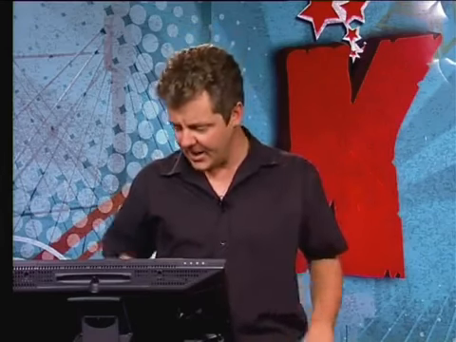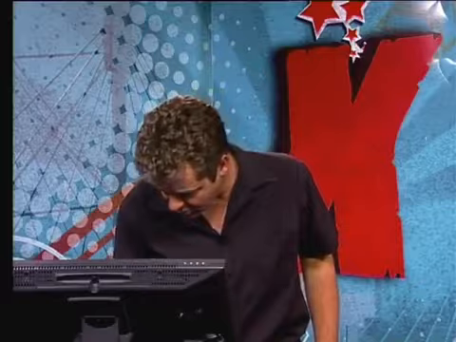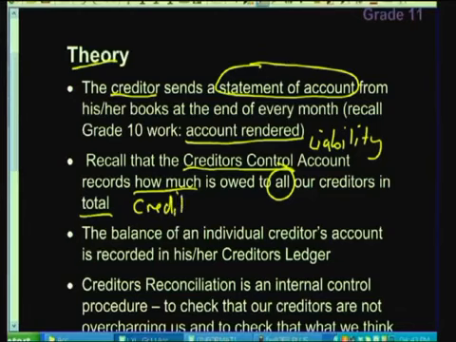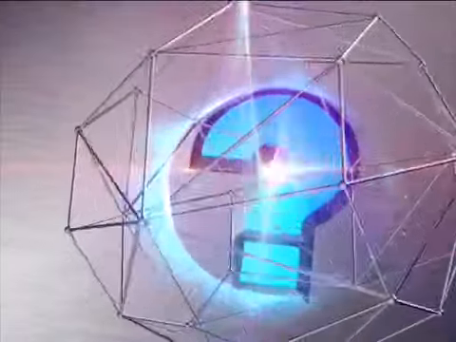You'll also remember, as a recap of some of the grade 10 work that you have covered, the creditors control account is for all your creditors, and you keep individual accounts of each of your separate creditors in a different book, which is called the creditors ledger. So remember,